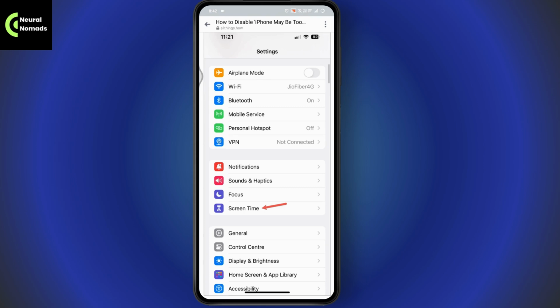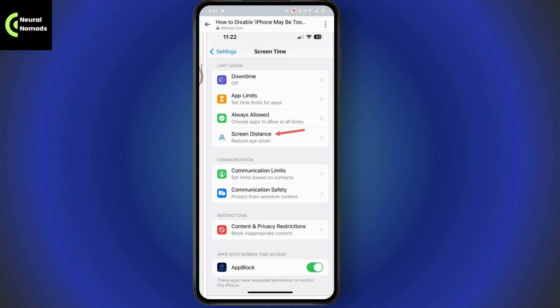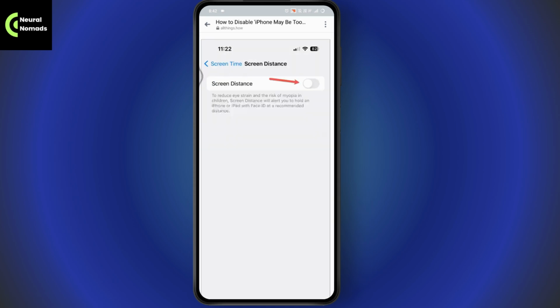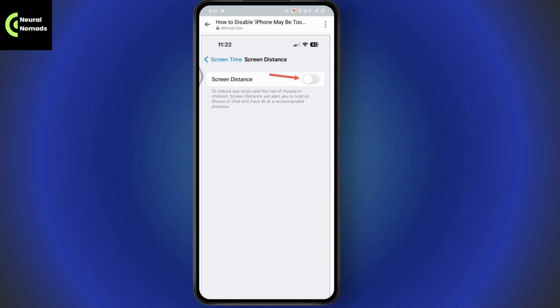on the screen time option. Navigate to the screen time option. If you have a screen time passcode set up, enter it to access the settings. Once you tap on the screen time, now you will have an option of screen distance. Simply tap on the screen distance and then you will get this kind of interface where you just need to